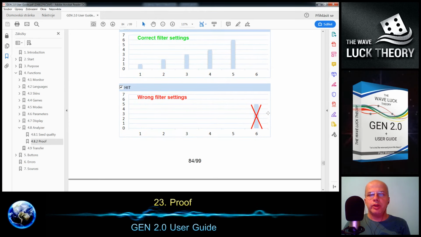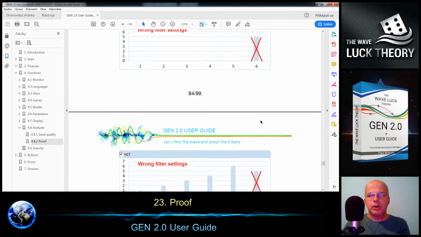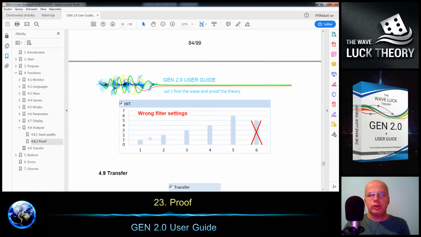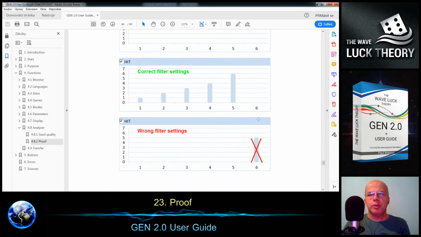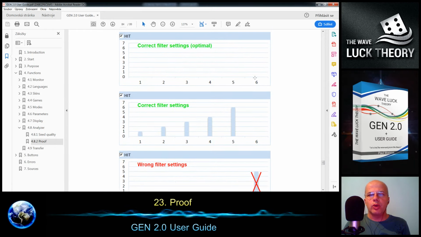If you put some wall into the last cell or column, then you will have a wrong result, and that will be distorted and not relevant to reality. Also, this scenario is not a good one because it will distort the results as well. So the last position for the proof function you should keep empty, like we have here or here.